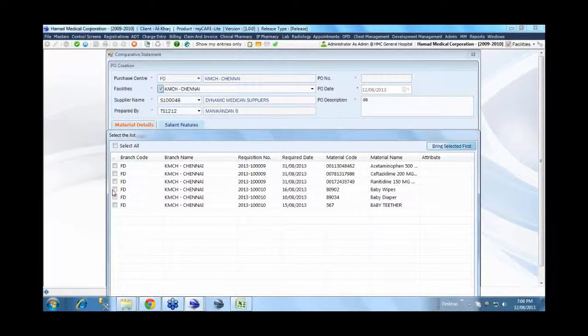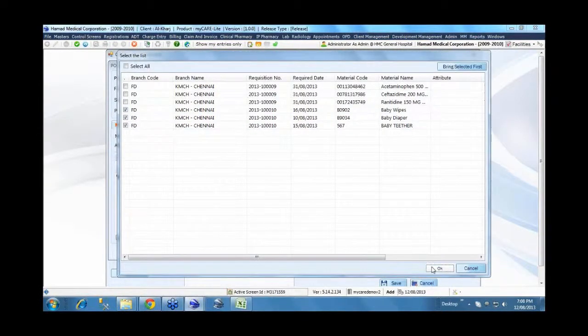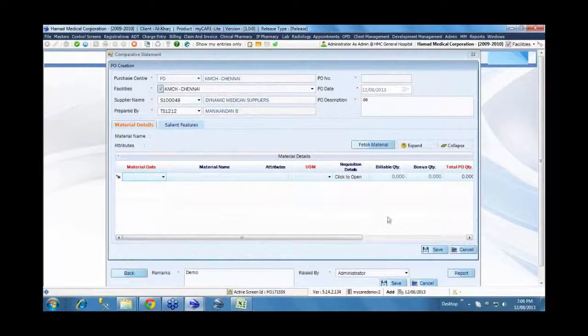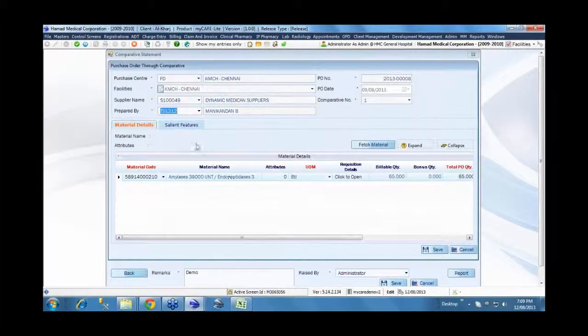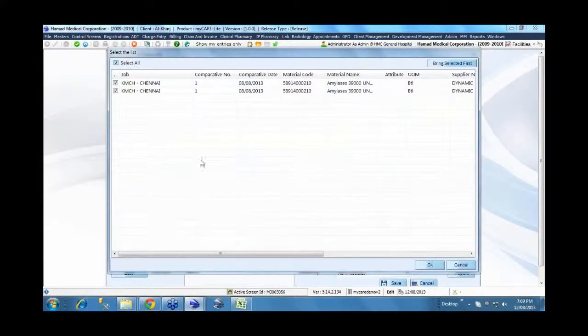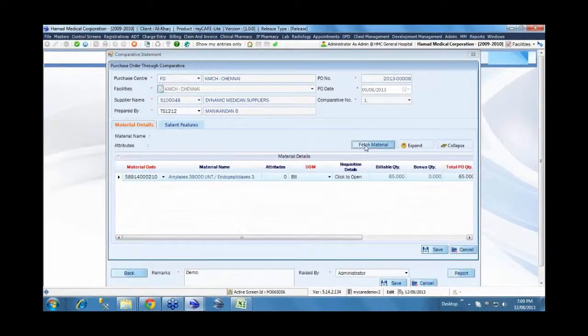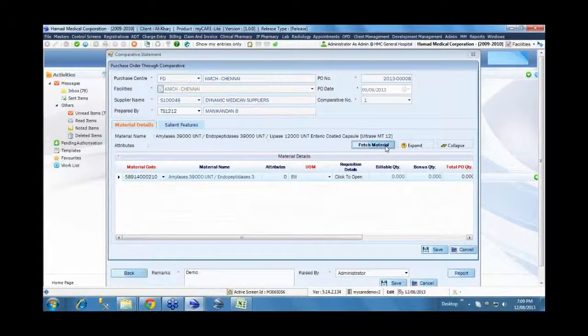Okay. So to continue our flow here, we will go based on the comparative statement and whatever is approved. We will raise a purchase order based on that. So that's what we are saying, purchase order through comparative statement. Meaning we complete the full cycle and then we go in here, so from here I'll raise a purchase order and